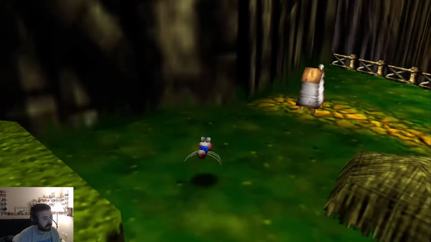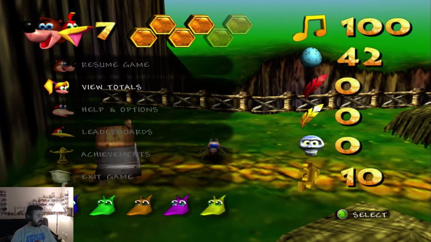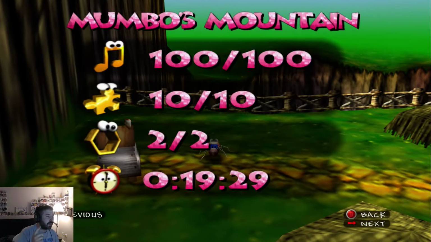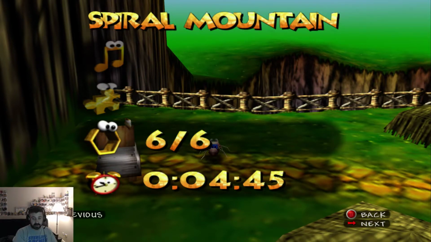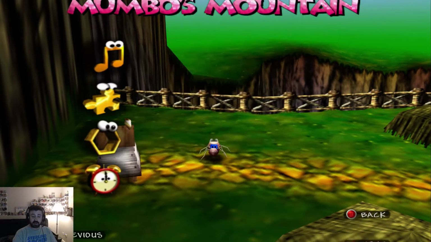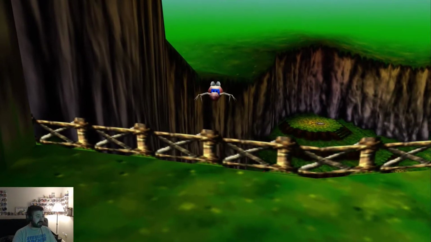Alright. And just so we can get it on camera, 100, 10, 2 in under 20 minutes. Obviously not the best, but 1 out of 10 in Gruntilda's lair. That was that one Jiggy we got right when we came in. 6 out of 6 right there in Spiral Mountain. Easy. We're already killing this game. Like I said though, this is an easy level, so...